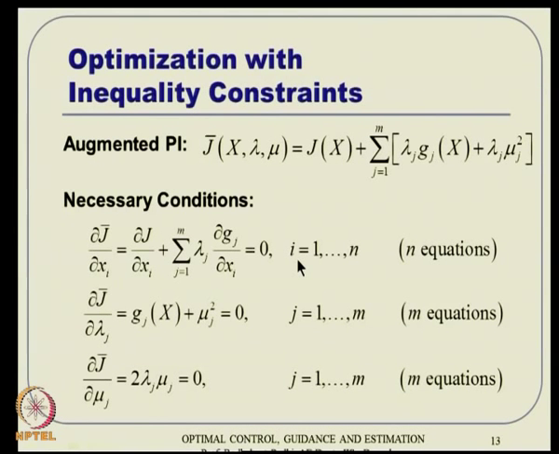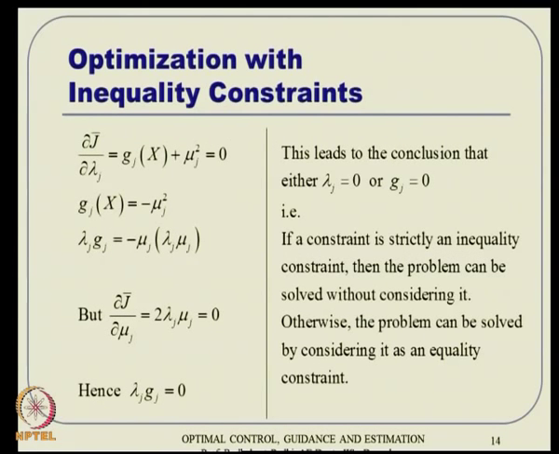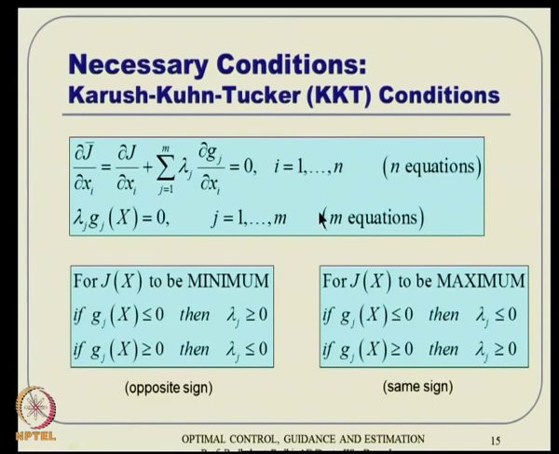So, the dimensionality of the problem becomes n plus 2m now basically. So, we went ahead and tried to analyze all these conditions, and ultimately it turns out that lambda j gj is equal to 0. That means either lambda j has to be 0 or gj has to be 0. And then we went back and analyzed all these conditions, and essentially it gives us this